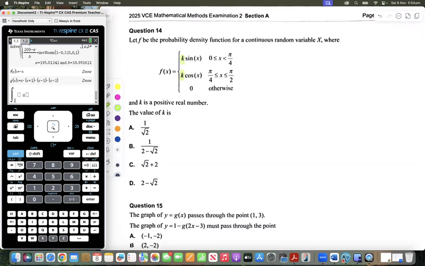First one, it goes from 0 to pi on 4. My function is k times sine of x dx, plus